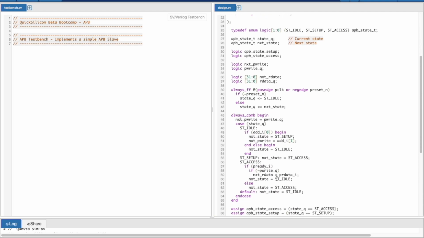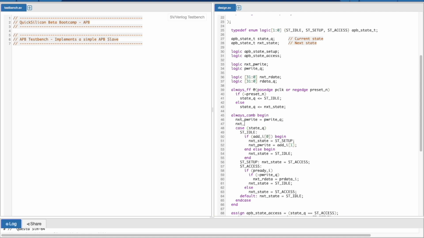And our next read data was driven using this logic. And again, we need to ensure that it remains at its previous value whenever we were not in the access phase and all this was not happening. So this will also ensure that we do not get unintended latches whenever this is synthesized.